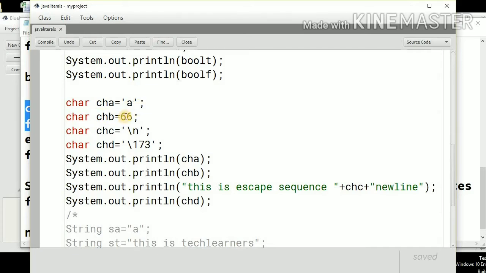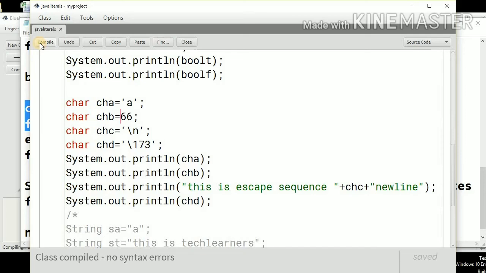I have written the integer 66, but remember, this is not actually an integer. This is the ASCII code of some character. So this is one way: you can directly specify the character, or you can specify the ASCII code of the character. Next is the escape sequence \n, and this is also an escape sequence having the special meaning of the curly bracket. I have printed these values, so let's see the output of these values.